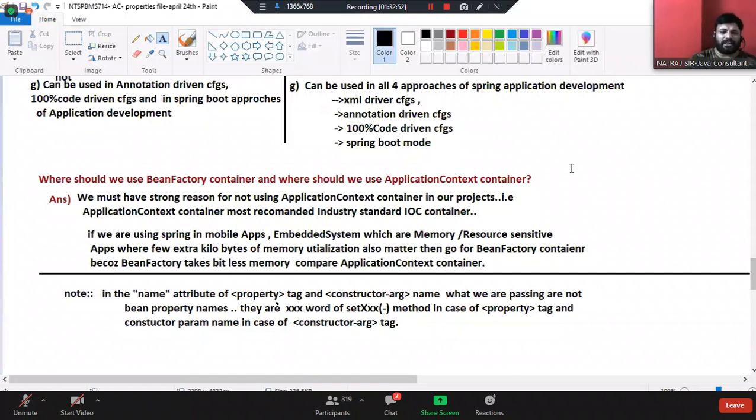Suresh Kumar, in annotation driven configuration, XML plus annotations will be there. In 100% code driven configuration,